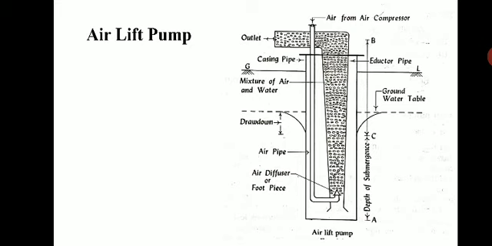A to C, that is the depth of submergence of the pipe into the well, equals the weight of the column of air and water from A to B. So the total length AC of the eductor pipe represents the depth of submergence, and it is important for the efficient working of the pump. The depth of submergence should be about 1/2 to 2/3 of its total length. So that is the working principle of the airlift pump.